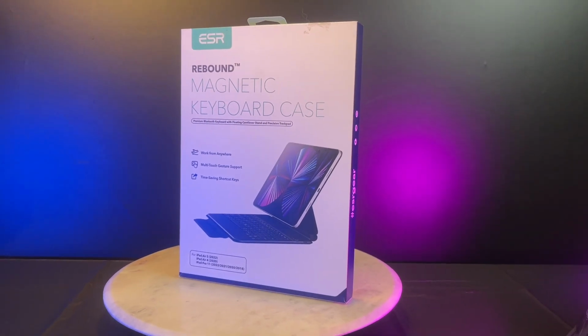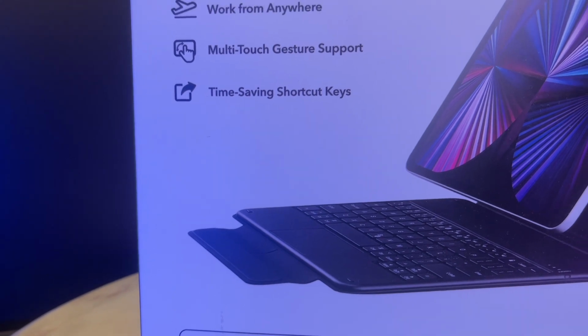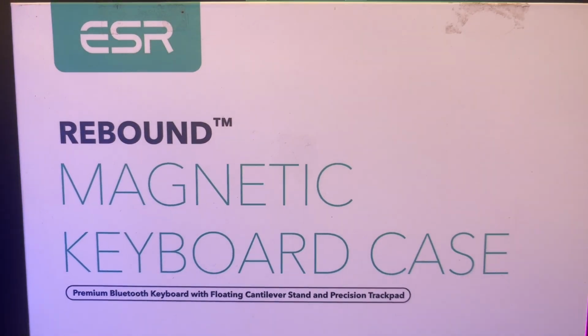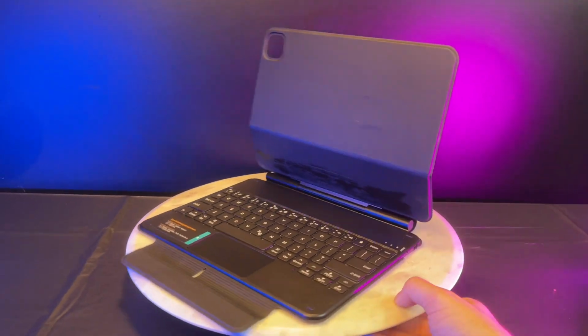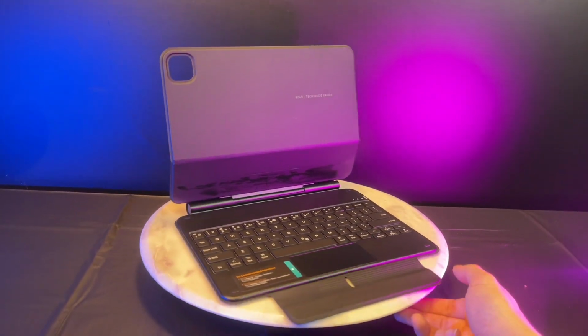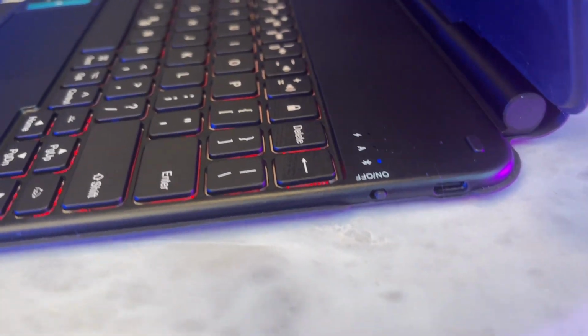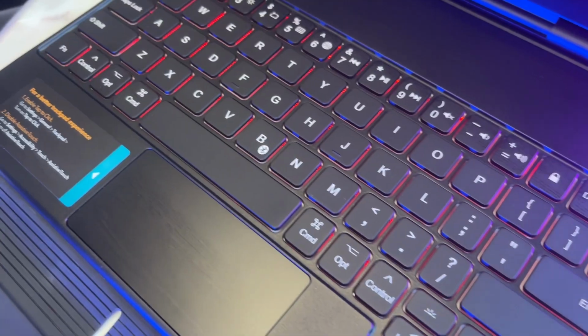ESR Rebound magnetic keyboard case is a premium Bluetooth keyboard with a floating cantilever stand and precision track pad that allows you to work from anywhere, as well as has shortcut keys right on the keyboard. So for me, this is great for when you're wanting to work on the go but not bring a whole computer with you. You can have a nice lightweight iPad but have the benefits of having a mouse and keyboard